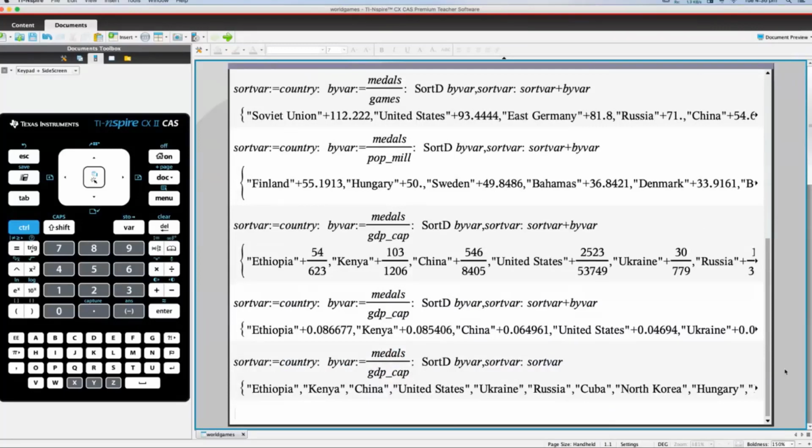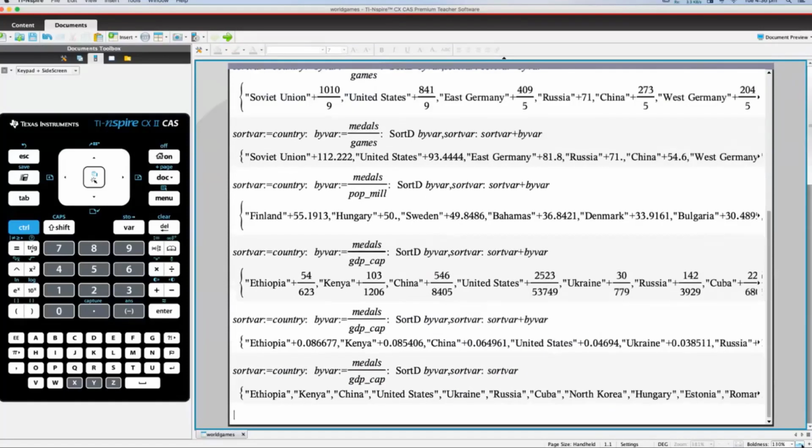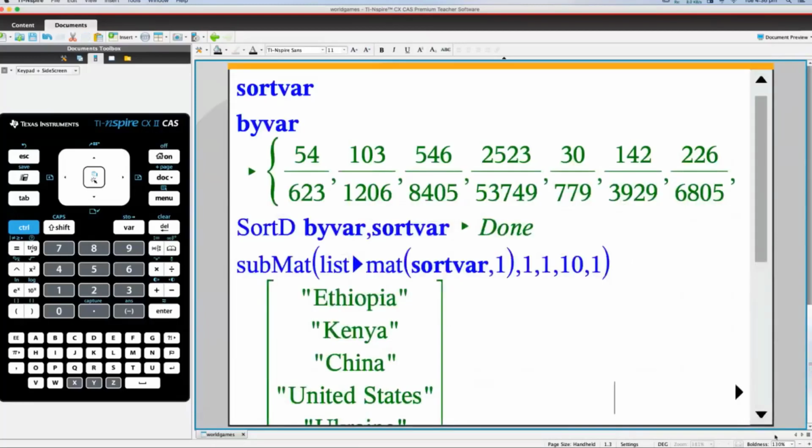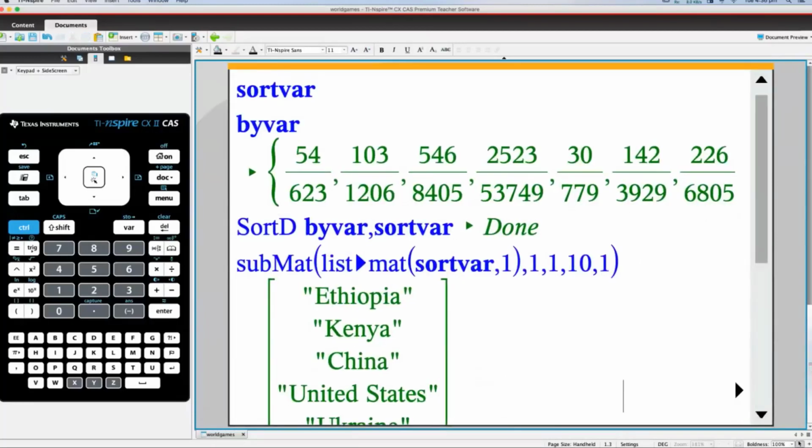If I adjust it on my screen, I can make it so that I can see Estonia and Romania coming on board. But it is a little bit painful to look at if there's lots, because each time it's giving us 215 countries in sorted order. And so I thought it would be nice to show a method for looking at, I'm just trying to see this. So this is on a notes page,